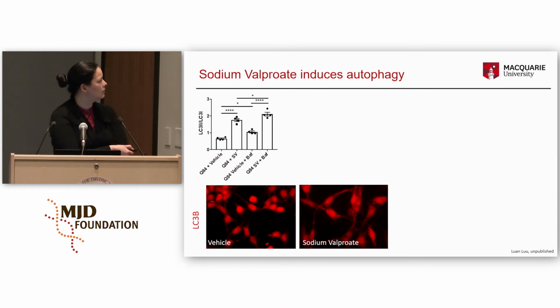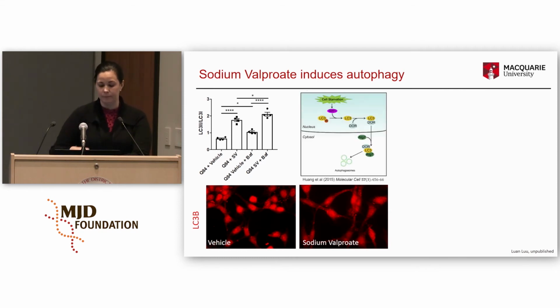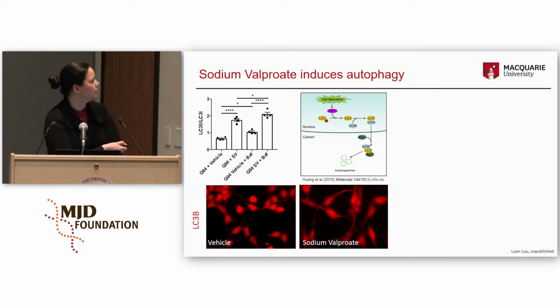If we stain for LC3, we also find that there appeared to be increased cytosolic LC3, and this was interesting because it follows on from a previous suggestion that SIRT1 may deacetylate LC3, leading to it transferring to the cytoplasm to aid protein aggregate removal. And we thought this might be further evidence of the sirtuin pathway being induced.